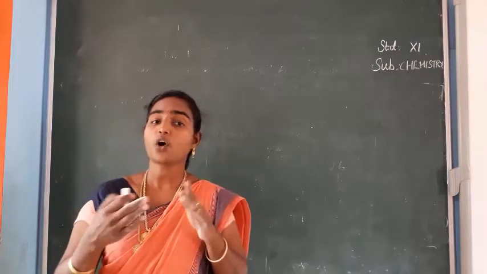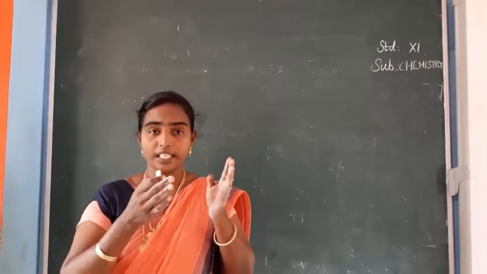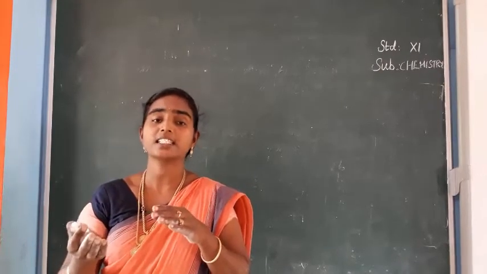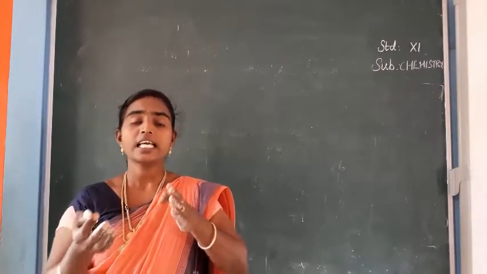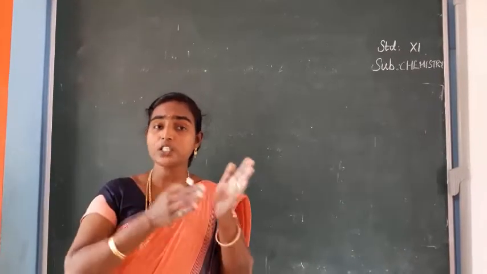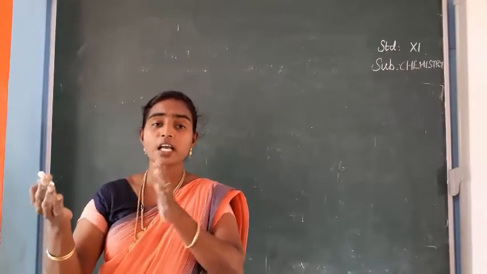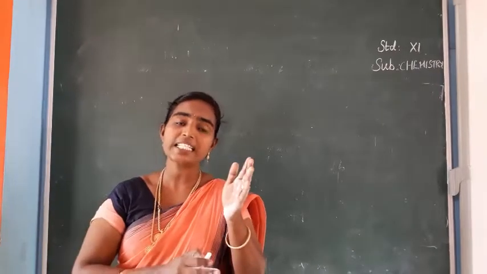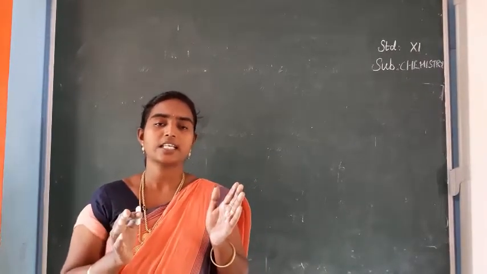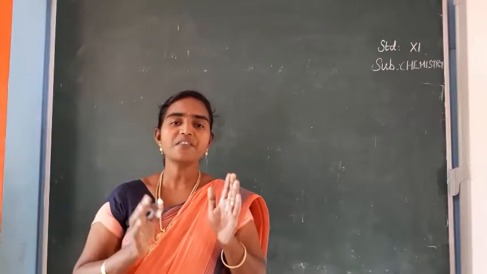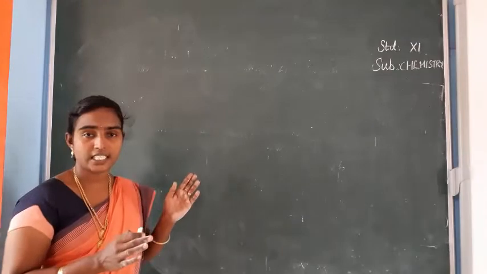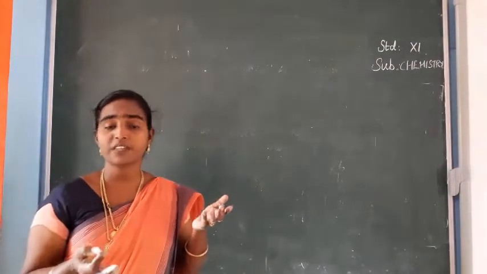In terms of oxidation number, if in a reaction the oxidation number increases, that is called oxidation. If the element is changing from reactant to product and the oxidation number decreases, such reactions are called reductions. Is it clear, students? So what we are going to do is see how to find out the oxidation number. That also we can expect for 2 marks.